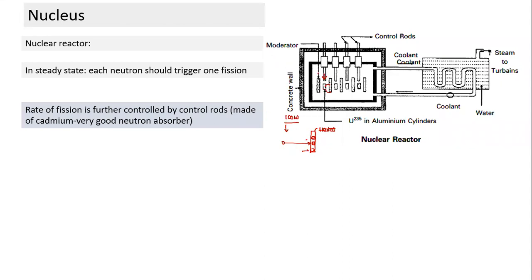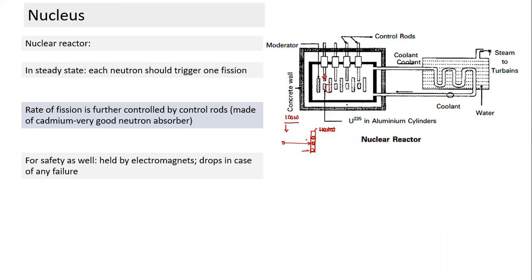What is the property of the control rod? They are very good absorbers of neutrons. When we lower this rod here, it will start absorbing neutrons, and as it absorbs them, fewer neutrons are available for fission. The rate of reaction will decrease, and finally will come to a stop. Control rods are used either to slow down the rate of nuclear fission or nuclear reaction, or even to stop it as a safety measure.